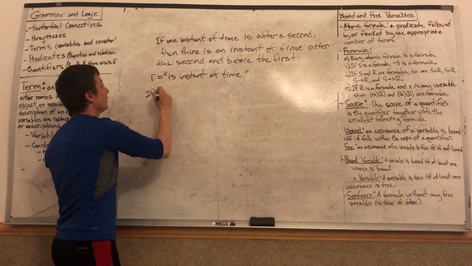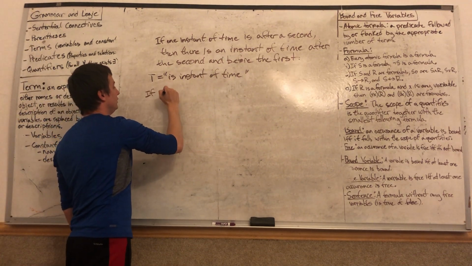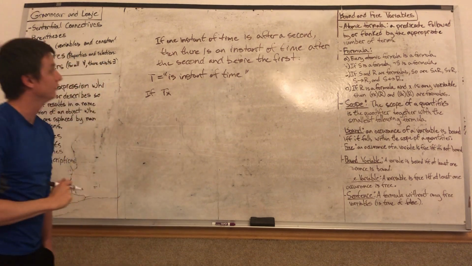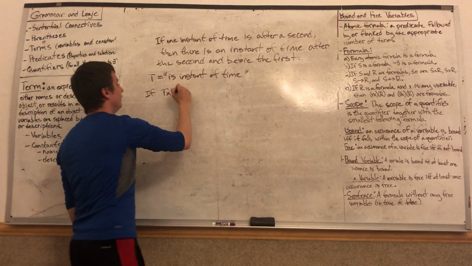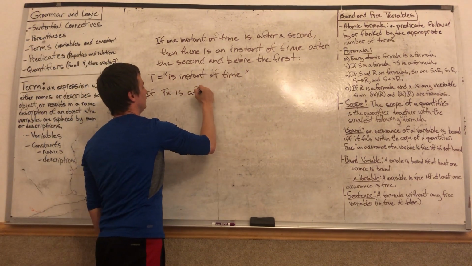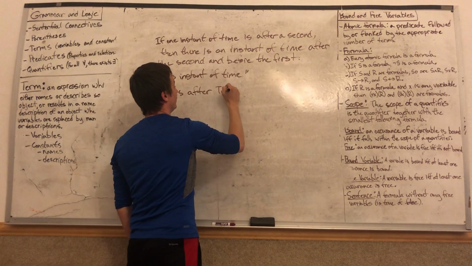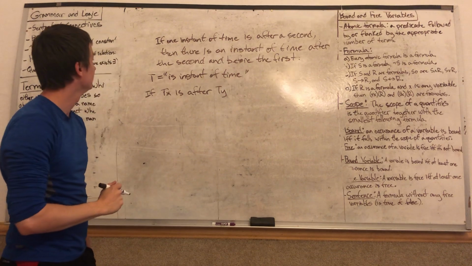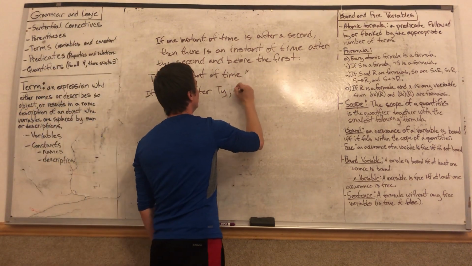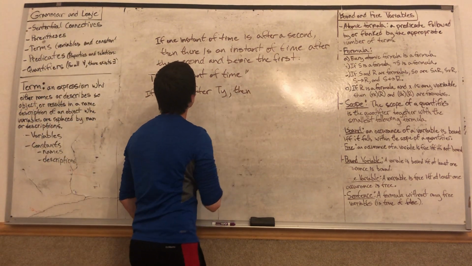So if Tx, one instant of time, is after, which is another predicate, we're gonna need a predicate for that, another instant of time, Ty, then